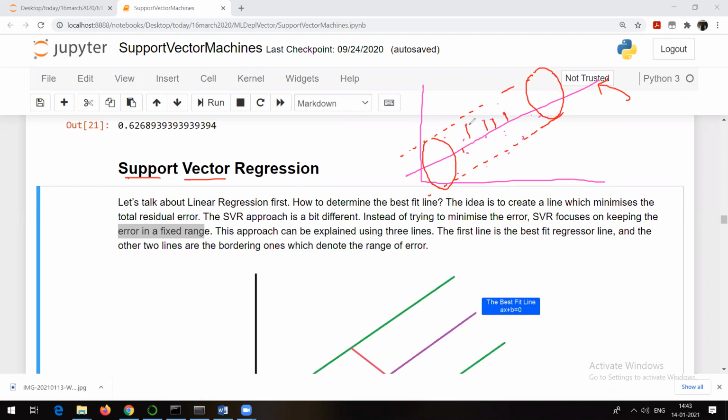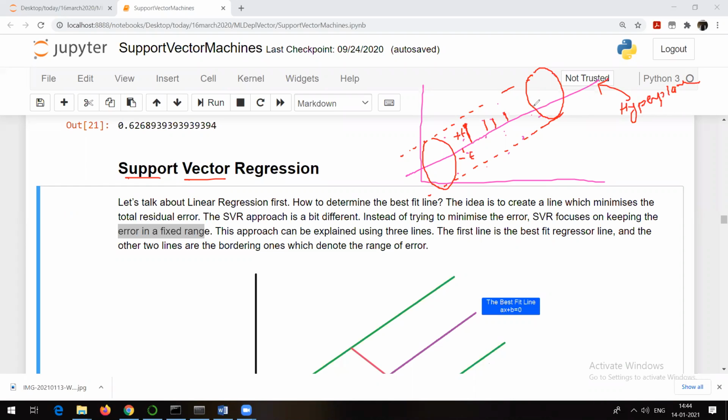But what is this actually? Consider this as a distance. Obviously, this will be plus some constant alpha and this will be minus some constant alpha, so plus minus alpha. So this alpha is actually the distance from the hyperplane. You can imagine this line as a hyperplane, for example. So this alpha is the distance from the hyperplane.